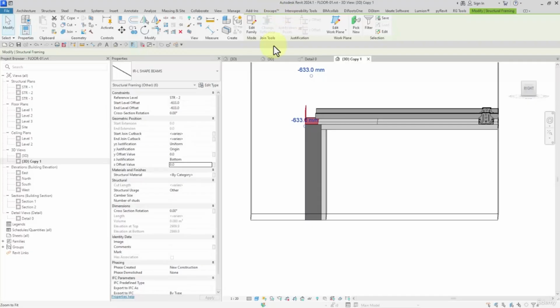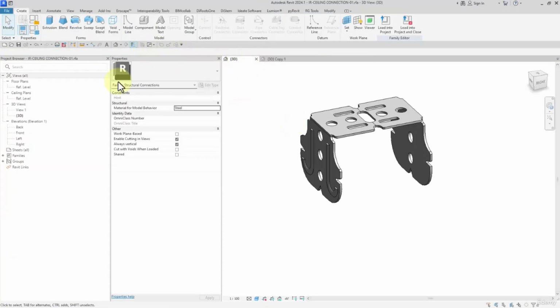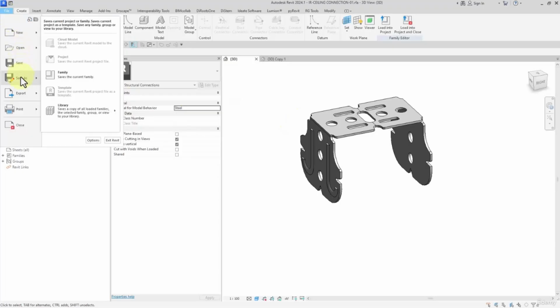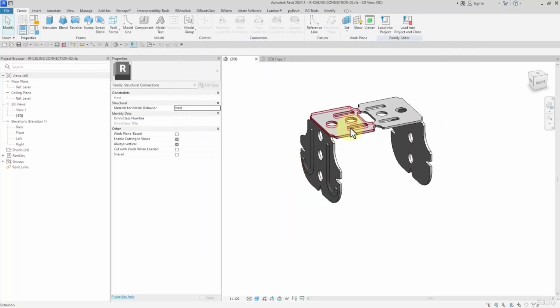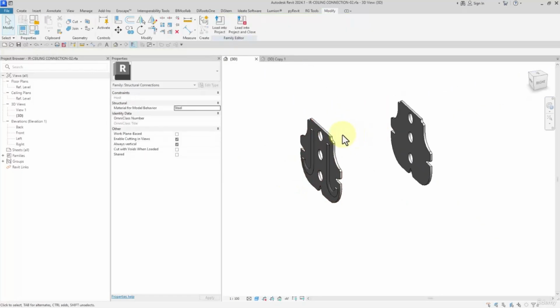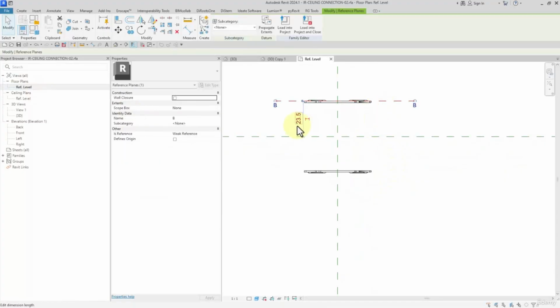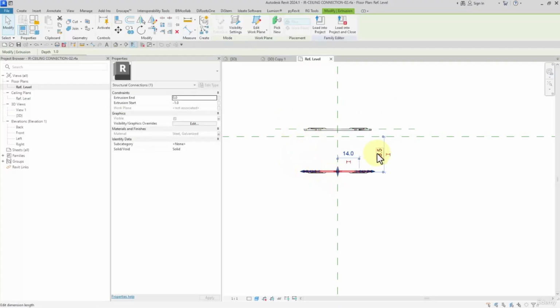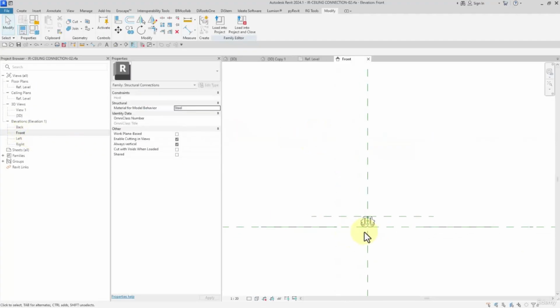Watch this. So for modeling this, I want to open this template file, and then I save as this file. Then I name it connection 02. Well done. Then I delete the top part, opening the plan view right here, and then I want to minimize the distance between them, like 5 millimeters at each. Watch. Then in the front view,